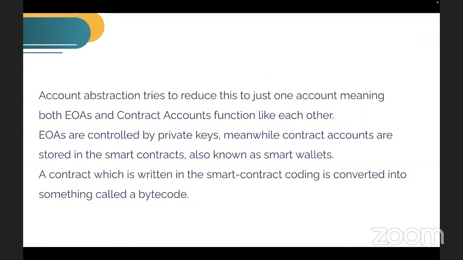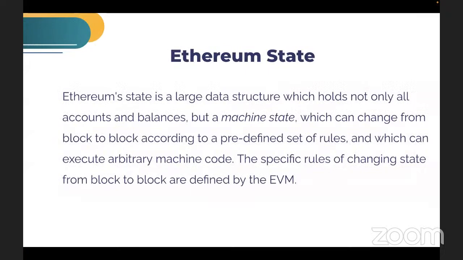So, for the Ethereum state, it is a large data structure which holds not only all accounts and balances, but a machine state, which can change from block to block according to a predefined set of rules, and which can execute arbitrary machine code. The specific rules of changing code from block to block are defined by the Ethereum virtual machine. So basically what this means is that